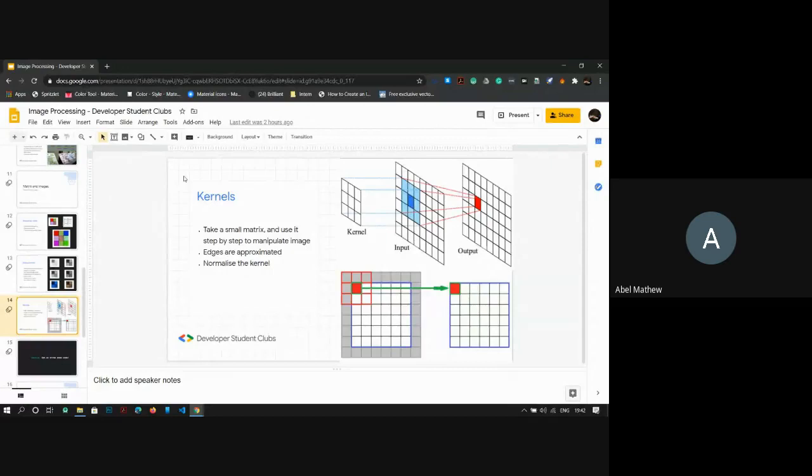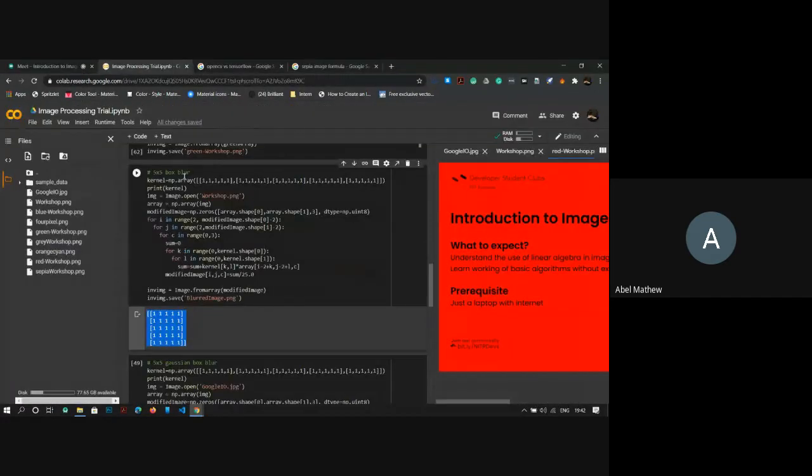Yeah. So the concept of normalization that I mentioned: we have the kernel over here, which has the values 1. If we add it all, we need to divide by the total sum, because otherwise the color will cross the limit of 255 in an 8-bit image. If it is 255 in all the areas, once we add it, it becomes 255 times 25. We need to divide it to normalize it. That is something that I have done over here.